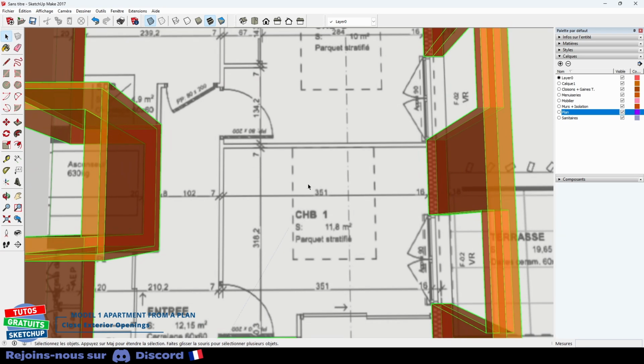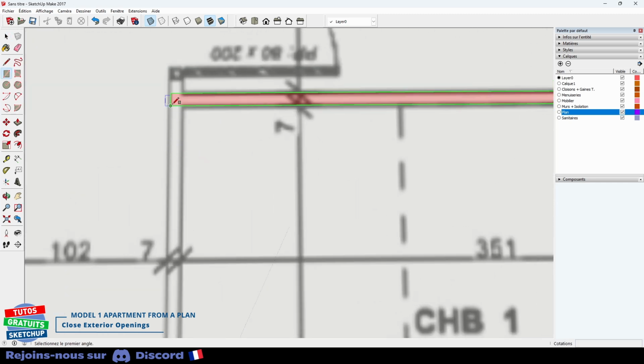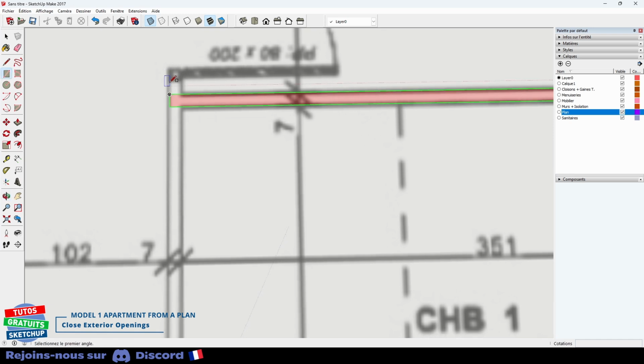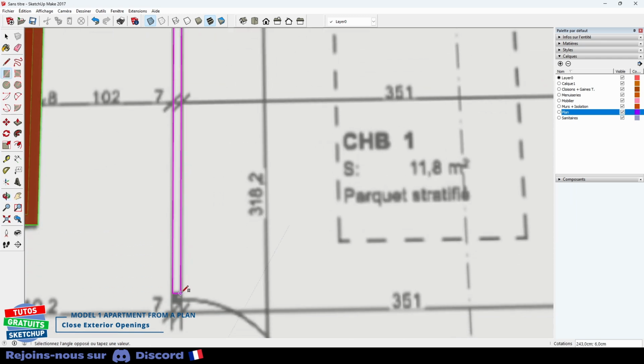These two partitions, I take rectangle. I'm leaving from here. The partition is 7 mm. I type 358, 7 and confirm. For the second partition, I have to be aligned here, so I put myself on the end, like that. When I shift, there is the green dotted line, you can see it very well. So, I'm going down. I click here.